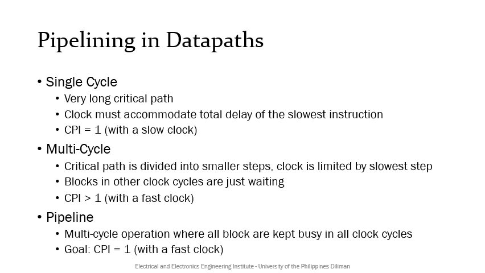A pipeline data path executes instructions over multiple clock cycles, but with all blocks kept busy processing different instructions at any given time. Like how a new basket of laundry is finished every 30 minutes in our previous example, we expect that one instruction will be finished every clock cycle, so CPI is equal to 1 in our pipeline data path, but still with a multi-cycle approach where the clock can be faster. Thus, we are sure to benefit from the faster clock since CPI remained at 1.